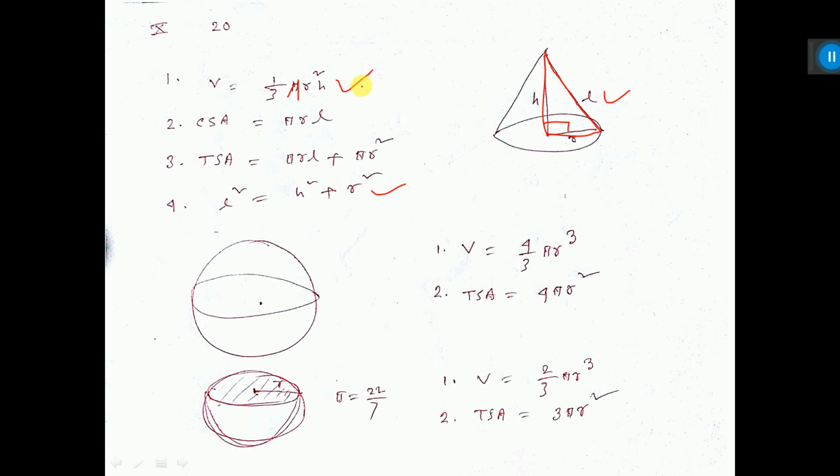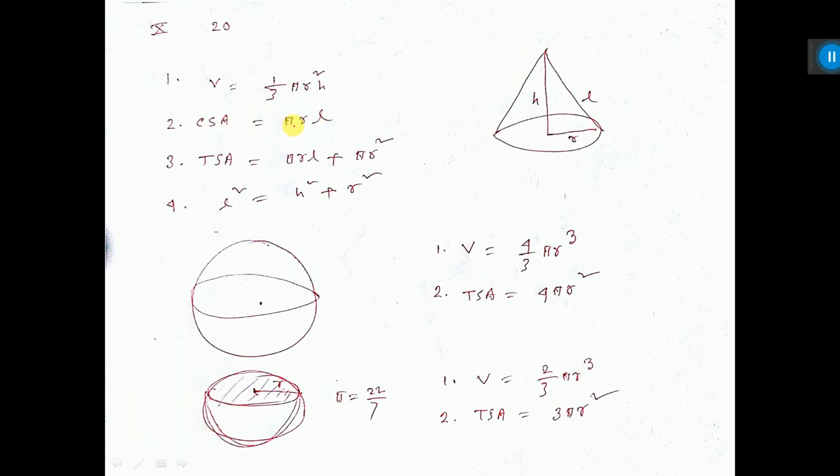And here the volume is one third pi r square h. You can think in this way about why it is one third. Actually, we have taken one portion of these three portions. See, one, two, three. So one portion I have taken. So you can think in this way, that is one third. This is the technique to memorize, nothing else. There is no mathematical reason behind this.